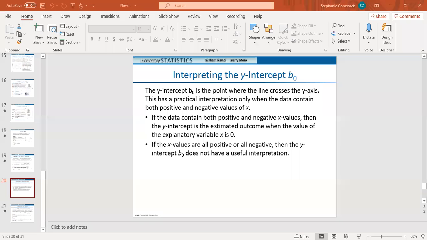Okay, so the last thing that we've got to talk about with lines of best fit is what does their intercept, their y-intercept, and what does their slope actually mean in regards to the problem. So when we're talking about the y-intercept, this is where graphically the line of best fit would go across the